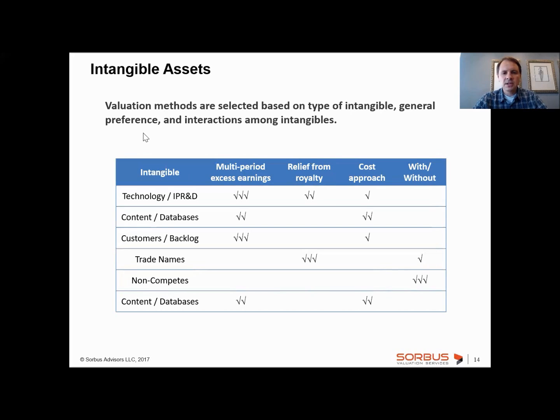So this is sort of the summary of all the methods. Multi-period excess earnings method is the most desirable method and typically reserved for the largest intangible asset that was recognized in the acquisition. Relief from royalty is sort of a good workhorse, but in certain industries it really doesn't work or breaks down. For example, in software technology, it's really a bad method to use because there is not a good consensus out there and it's very difficult to determine that royalty rate. It's just not how they do business.